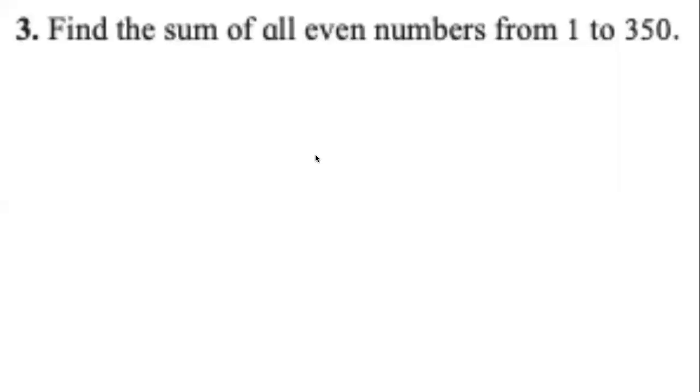So all of you know even numbers start with 2. And they go on like 2, 4, 6. And it says from 1 to 350. So 350 is also an even number because it is fully divisible by 2. Check in your textbook what the question says, whether it says from or between. If the question says between in your textbook, in my textbook it says from. If in your textbook it says between, then the answer will be something else.